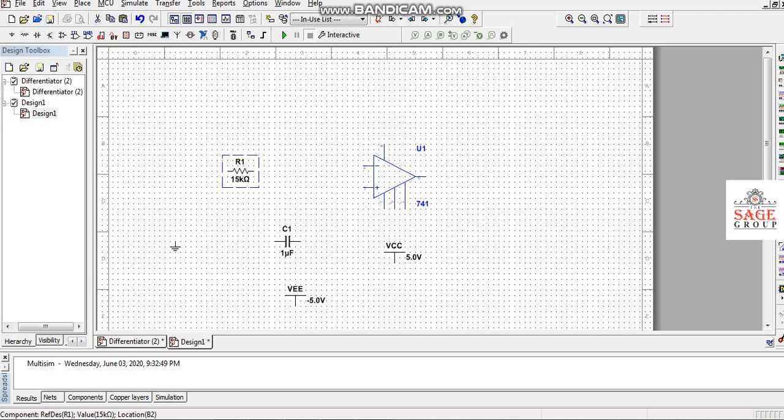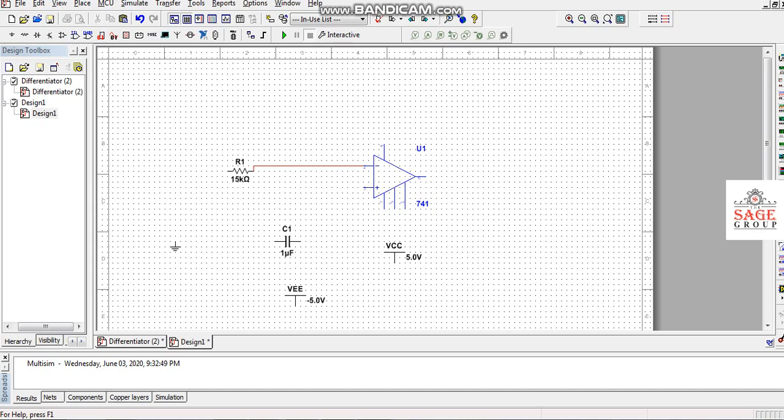If I want to connect this terminal here, I have to just click on this. We can change the color of this connecting wire also. In this way, first we have to place all the components which we require. Then we can change the values of these components, we can change the rotation of these components, and we have to just connect as per our circuit diagram.